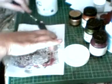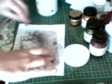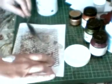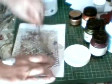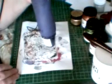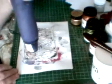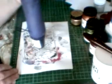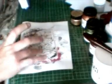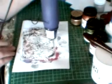And I'm just using some moulding paste. You can use texture paste, you can use gel medium. Any of those heavy body mediums will work fine. You can even use spack filler or liquid nails. Heat to touch dry. Now with some of the mediums, they will bubble and lose shape, so if you use wire and such, just watch what you use. Sometimes you might want to place the wire back down,